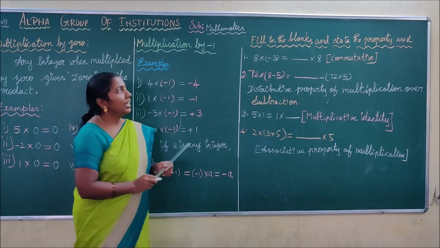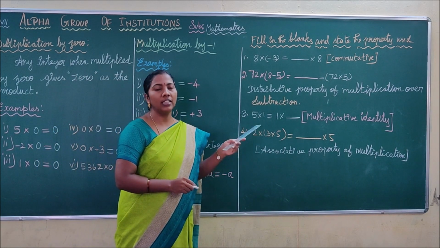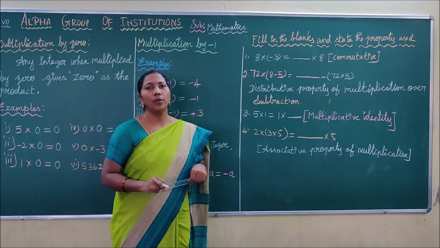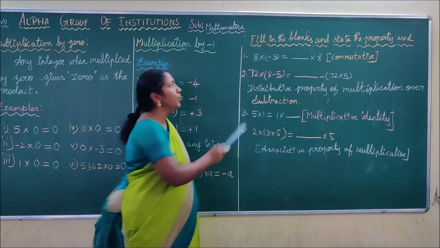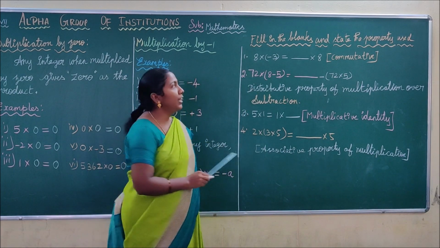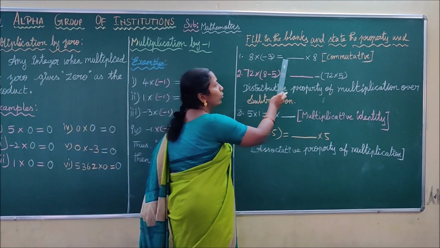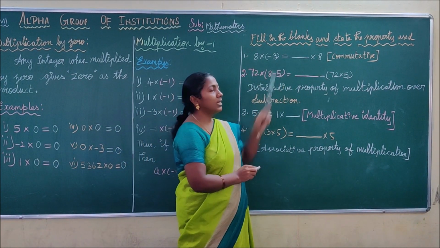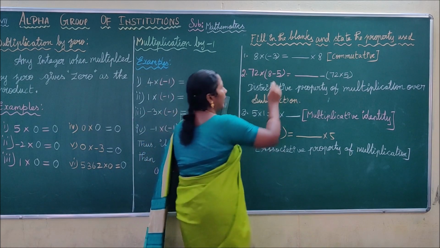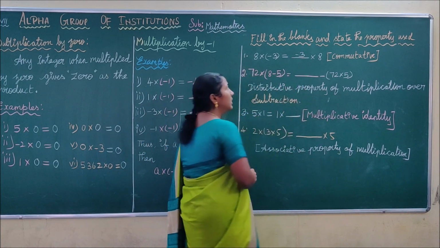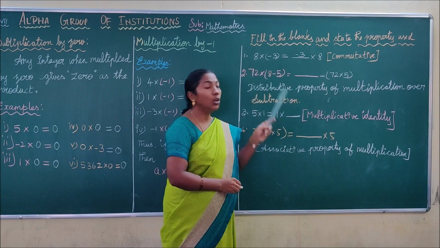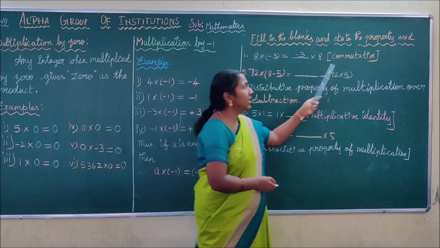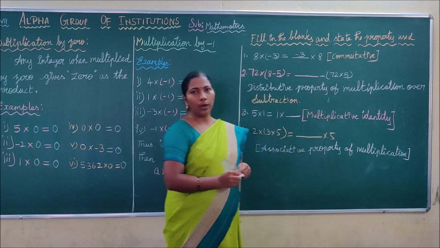Okay, it's clear, children. Let us see some examples, that is, fill in the blanks. In these fill-ups, we are using the properties of multiplication. Let us do this sum. First, see the first one. 8 into minus 3 is equal to dash into 8. See here, children, what is the answer coming in this dash? Yes, very good. Minus 3. Thus, the order of multiplication is changing. Two elements. So, what is the property used here? Commutative property. Thus, here we have to write commutative property.